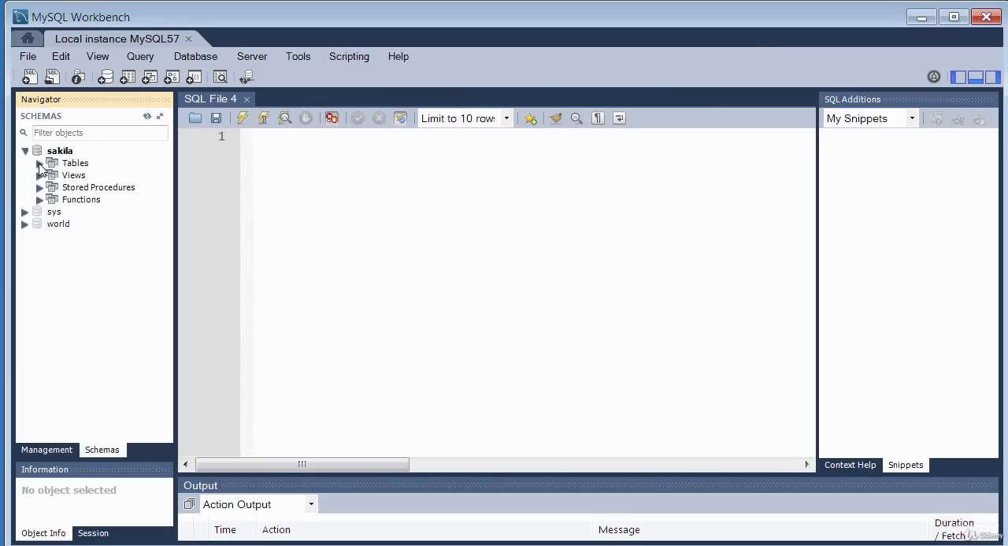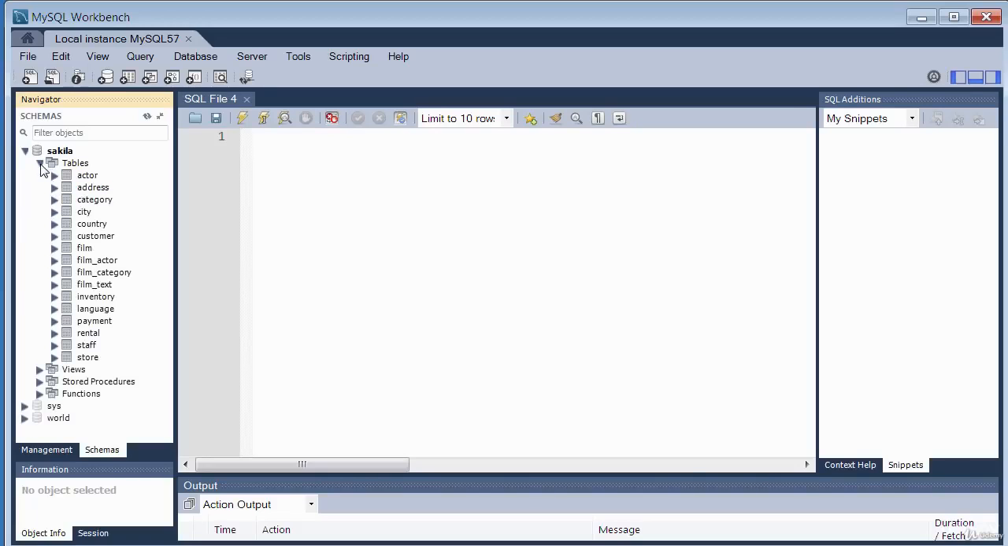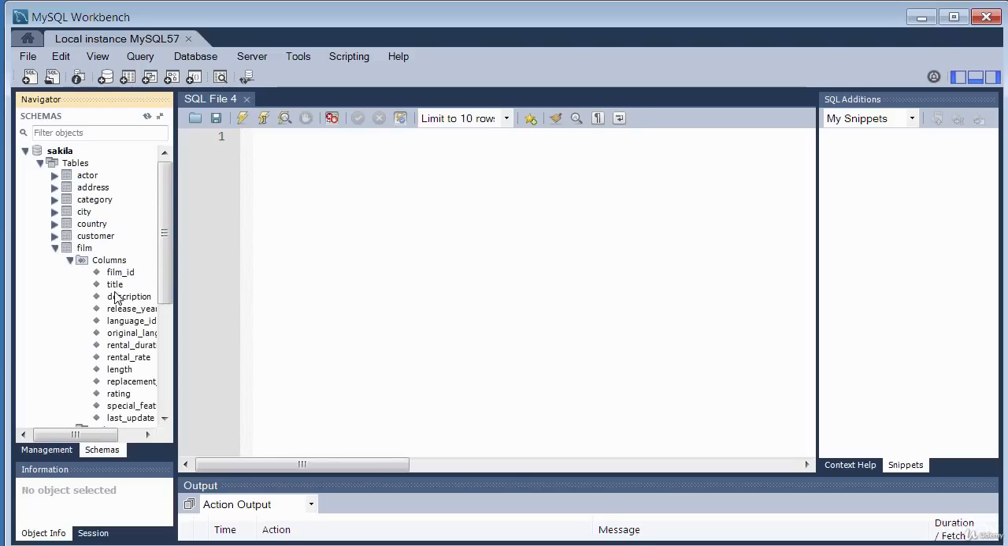Let's have a look at an example of how the limit clause works. I've already got my SQL Workbench open, and this is my query window. The database I'm using is Sakila, which is a sample database, and I'm also using the Sakila schema. So the table I want to use to illustrate is the film table, this table here, and it consists of